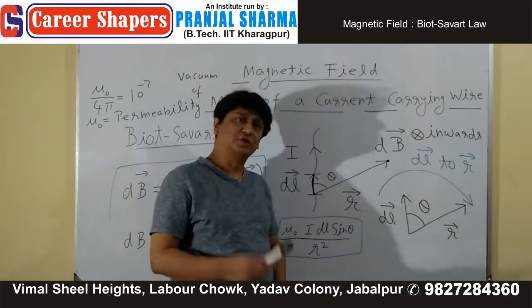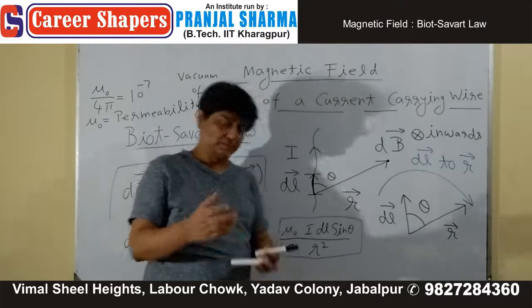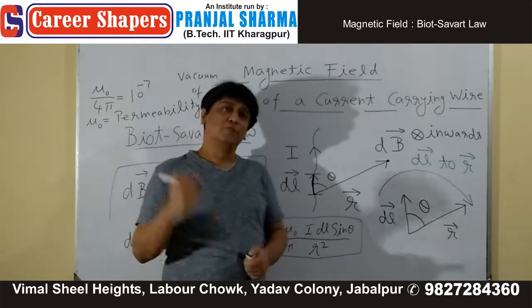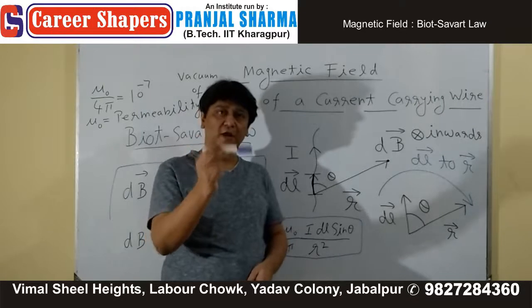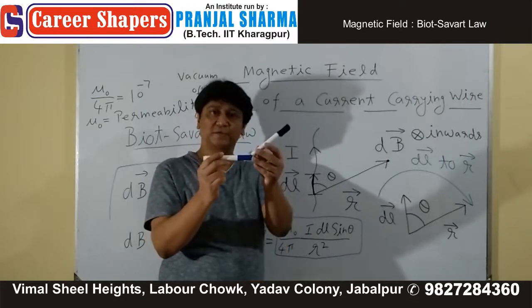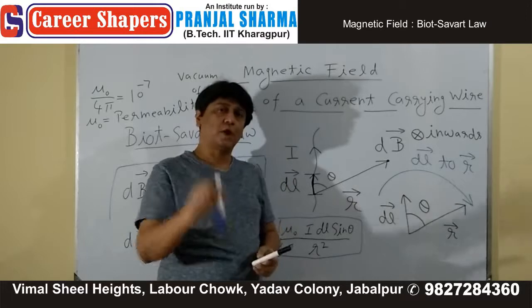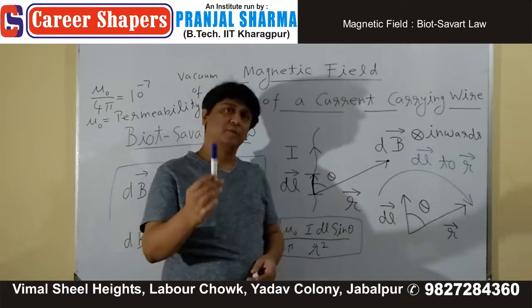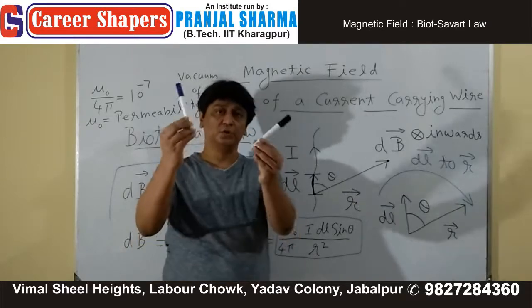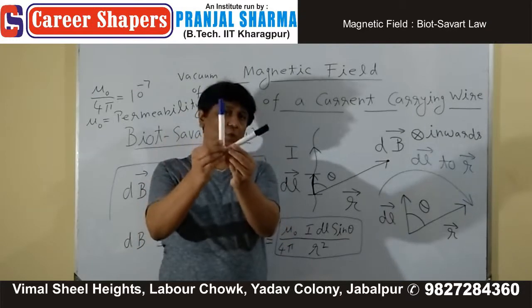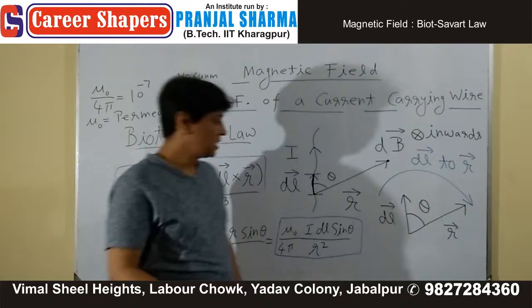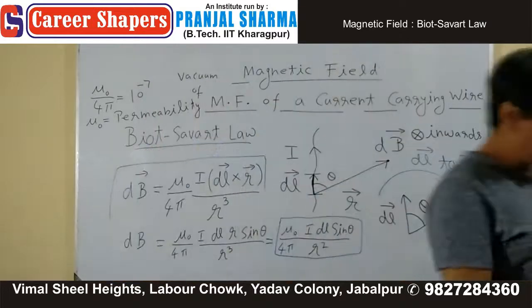Why did I mention this point? Because sometimes people get confused when we go for a vector sum. What we do, we take a vector and then on the head of the first vector we place the tail of the second vector. Just to avoid this confusion, whenever you need the angle between two vectors, you join them with their tails. This will give you theta. Now, regarding direction,